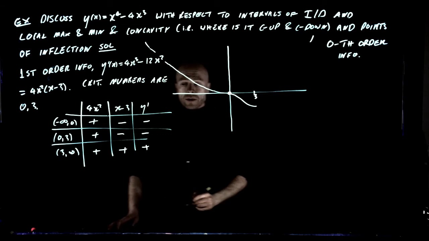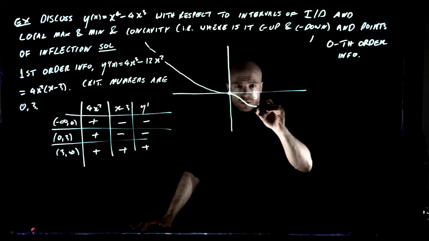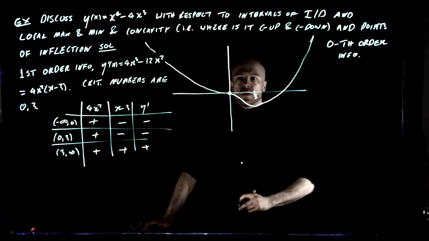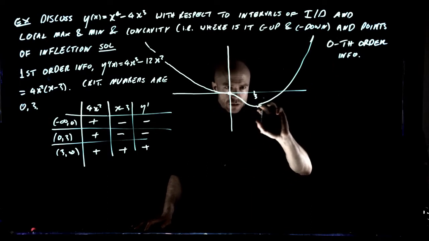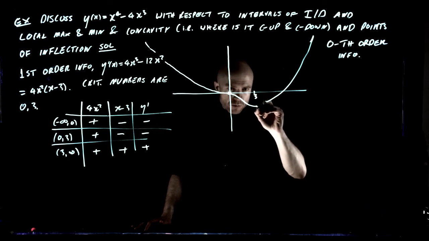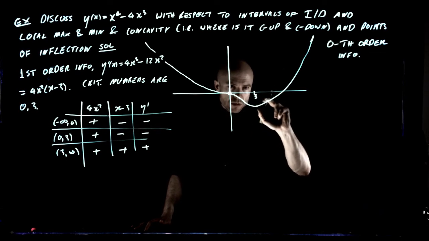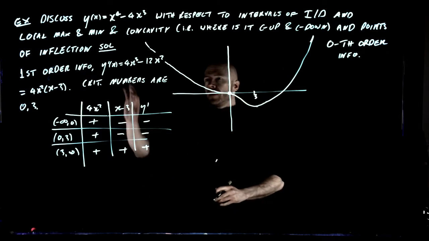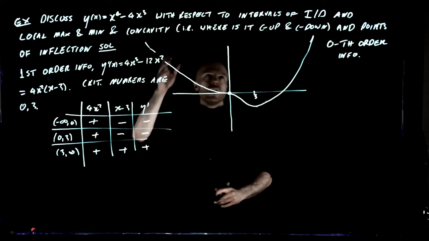Cool. All right, and then it is positive from 3 onwards, which does make sense because we know it's positive up here. All right, so that is 0th and 1st order information. Cool. But now we're going to do the second derivative. Actually, before we do that, we should discuss